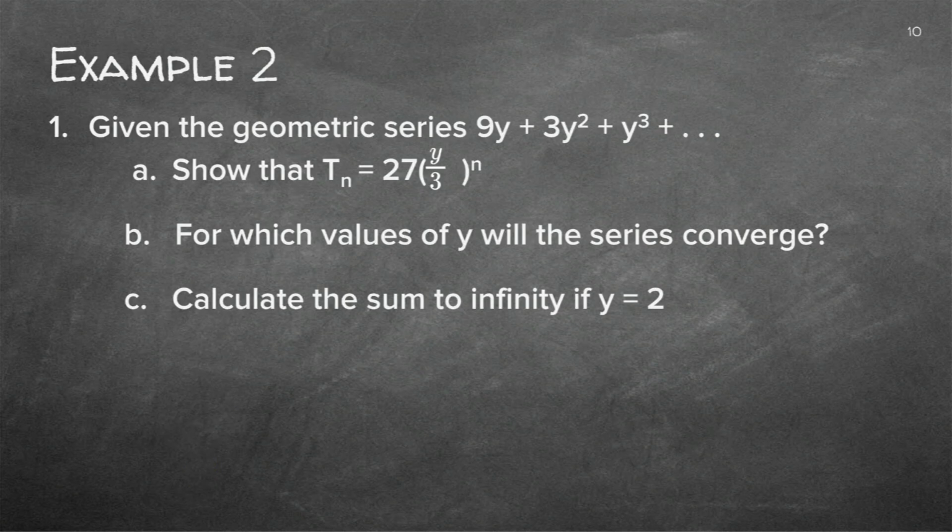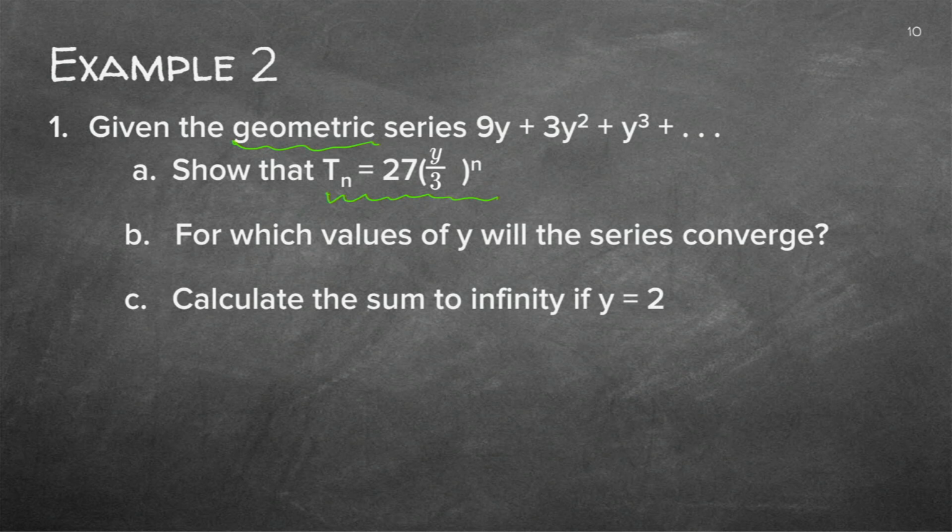Good. Another example. Given the geometric sequence, so now I know it's the geometric sequence, so I know there should be an R. So I don't have to test now. I can just find my R. Show that. Be very, very careful. If they say show that or prove, I may not at all touch that formula there. I may not use it. I may not touch it. It's not part of the problem. I need to do my own sum, and in the end, I need to get this answer. So don't let it confuse you and start using that stuff in there. You're going to do your own sum, and afterwards you're going to check.